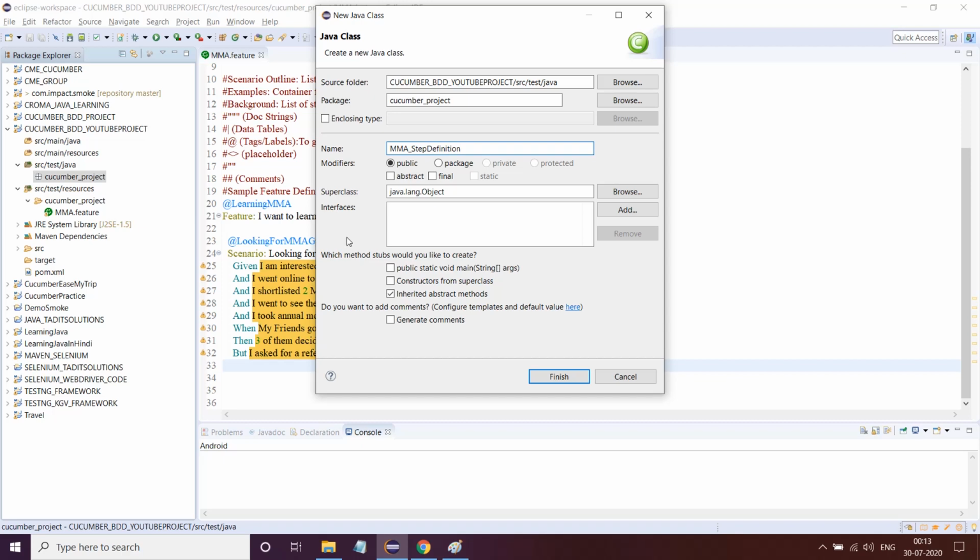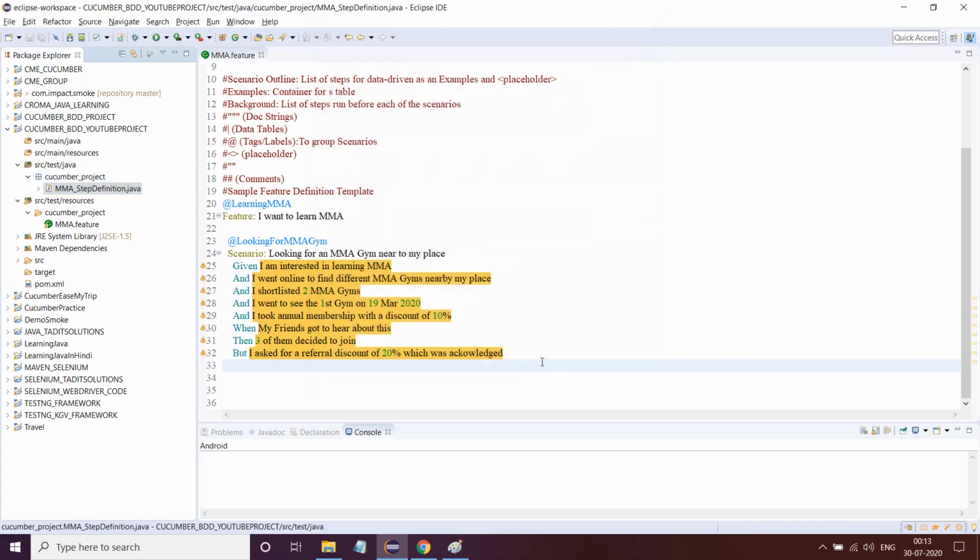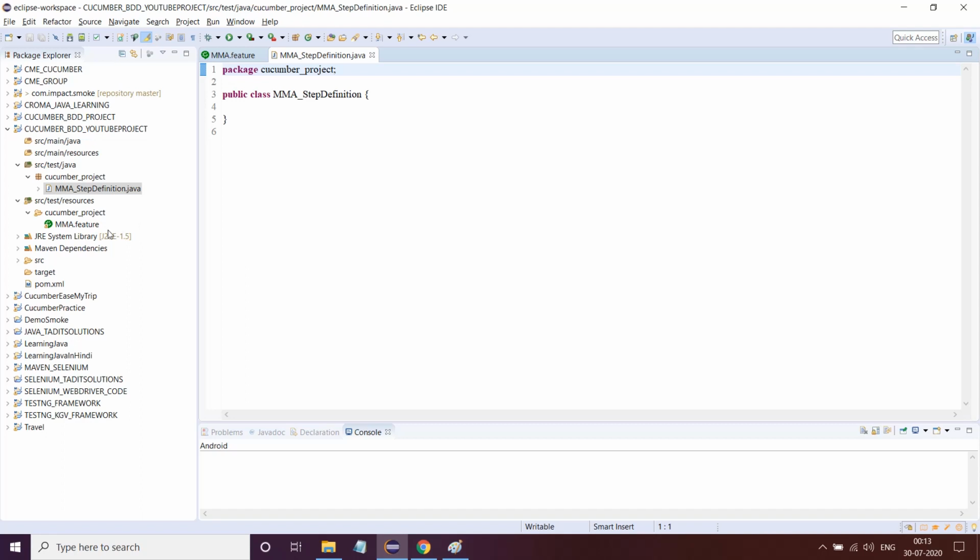Now, there is no hard and fast rule that the feature file name and the step definition file name should be different. There is no hard and fast rule. Why am I doing like this? Let's say, for example, inside src test resources, inside a package, there are hundreds of feature files. And for each of those feature files, you will have to make hundreds of step definition files. So this is something which you'll actually be able to relate. So today we are learning MMA. Tomorrow I want to learn football. So I'll write football.feature and I'll make a step definition, football underscore step definition. So it will make my life a little easier. Okay, so that is what I'm doing.